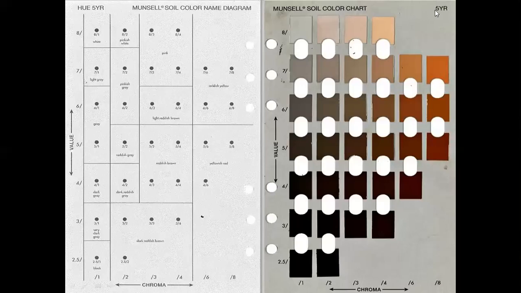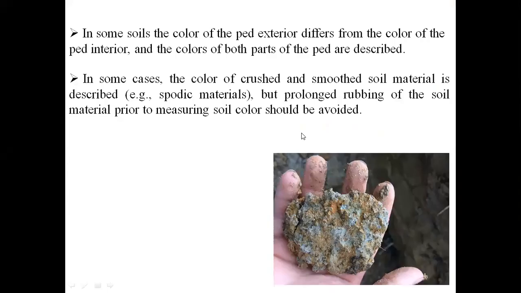So this is a hue value. There is a hue value, 5YR is a hue value. This is the thing which we usually see in a Munsell color chart. This is quite commonly used. Every soil scientist, every soil science lab should contain this Munsell color chart. This is a very common thing. But still, up to here you have read, but from here on you may not have read.